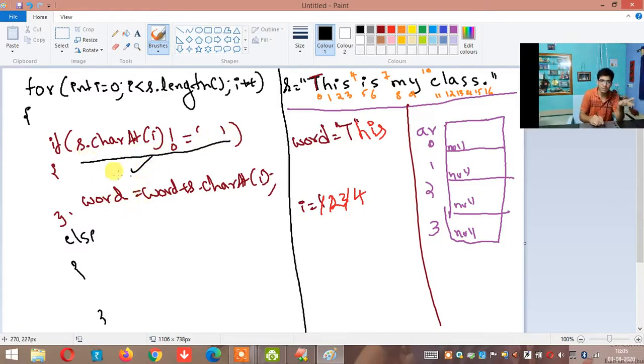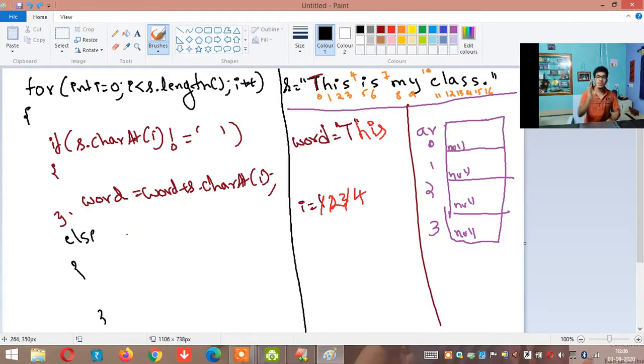It will see B. B is not equal to space, your if body will execute. It will see 5. 5 is also not equal to space, your if body will execute. It will see special character. Special character is also not equal to space, your if condition is true. But when you see a space, is space not equal to space? No, space is equal to space. Condition is false. I hope that is clear. So, when you see a space, control will come to the else part.